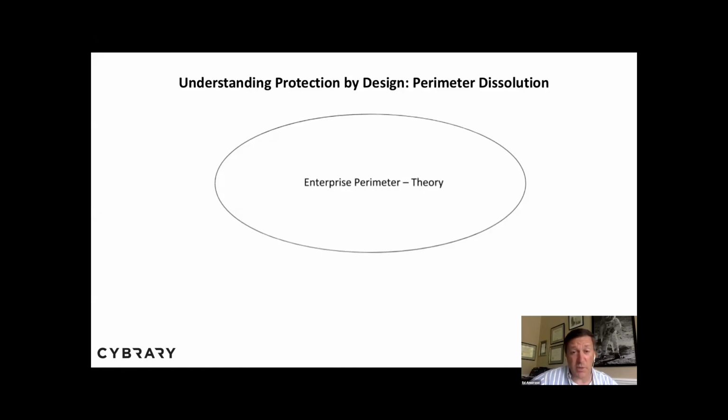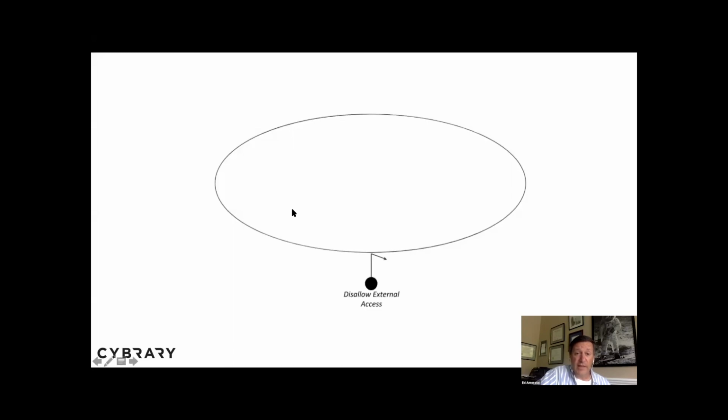So here's how I would explain, say, to a board, this protection by design point in the context of perimeter. We'd start with this idea that every auditor on the planet is lied to, because we all tell them that we've got a primary control called a perimeter, a bunch of firewalls that are making sure that there's a nice, safe inside and an unsafe outside. You all know that that's a bunch of hooey. But let's explain how. So we would say, this is the presumption that someone on the outside, a filled-in circle here, making some access to the perimeter, is disallowed. Like, this is our goal. This is what we wish we could do.